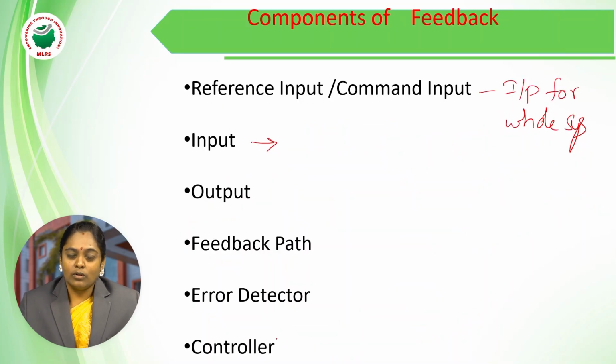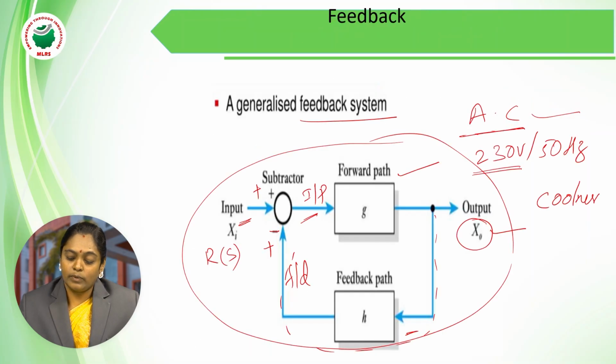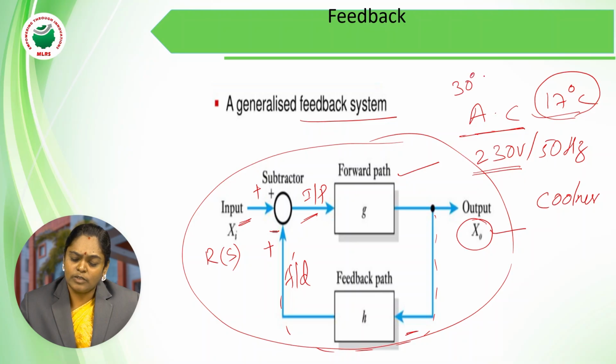And last, about the controller. As I have told you, in this example the input is a voltage, but the output, let me take, I want to get as 17 degrees centigrade. So the desired output is 17 degrees centigrade, but the reference input which I am giving may be 30 degrees, that is, a room temperature. Whenever I switch on an AC, the input will generally be room temperature, but the output which I require is only 17 degrees. So this 30 degrees needs to be reduced towards 17 degrees. That is the reason I'll be using a subtractor.